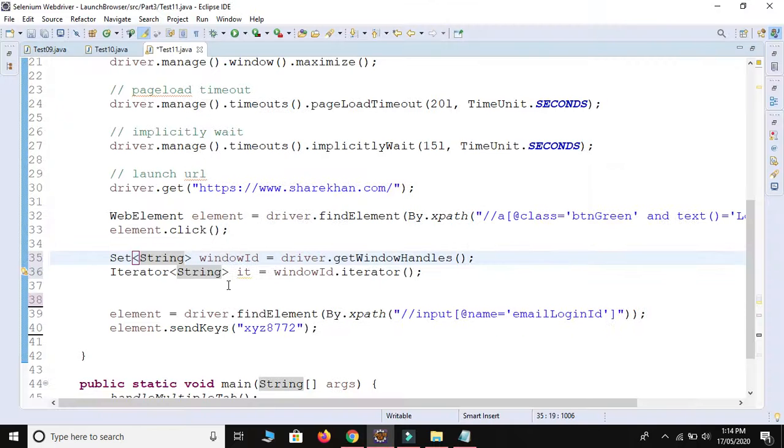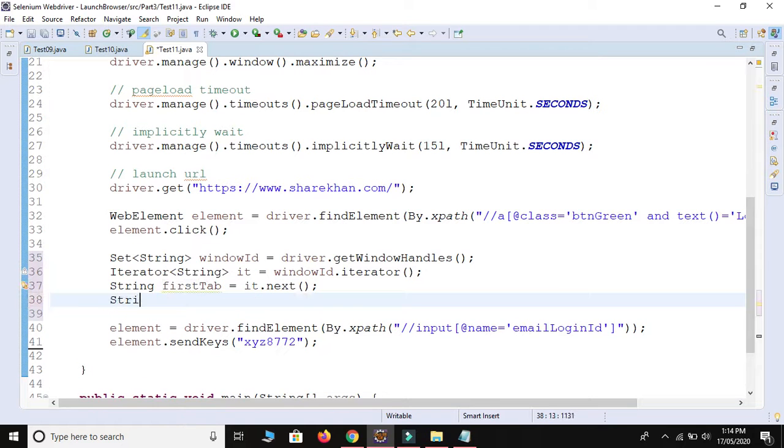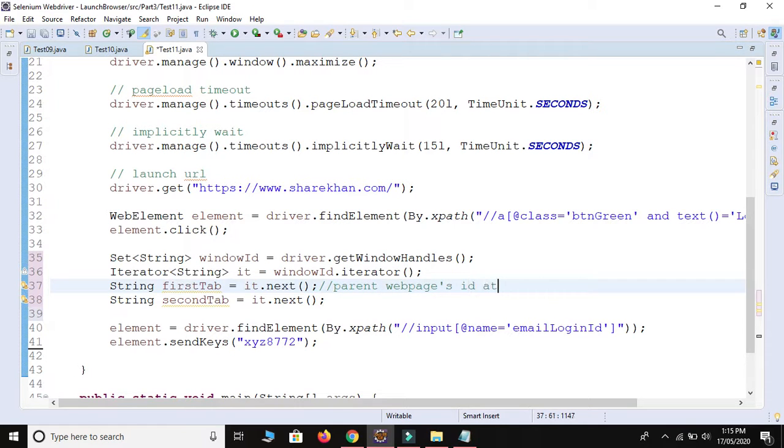So I will store inside this string first tab is equal to it.next, string second tab is equal to it.next, parent web page ID at index 0, child web page ID at index 1. Okay,